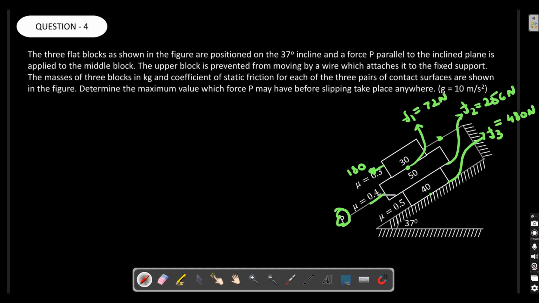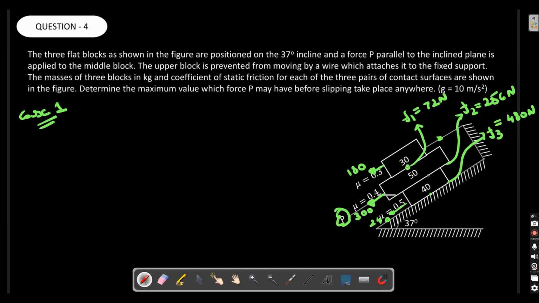Here you'll have 300. Here you'll have 240. Okay, I've written all the forces. Now let's see case number 1, case number 2, I'm explaining carefully. First of all, try to find where slipping can occur. This block cannot move, of course. Let's say here slipping is occurring and together the system is traveling, like the 50 and 40 kg blocks are traveling